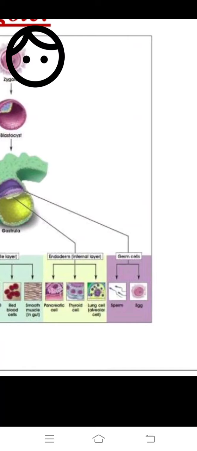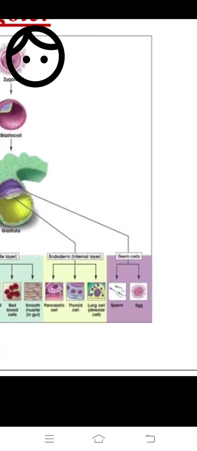Okay, endoderm formation into, first one is pancreatic cells and next thyroid cells. Next one lung cells, very important, lung cells like alveolar cells. Next germ layer,